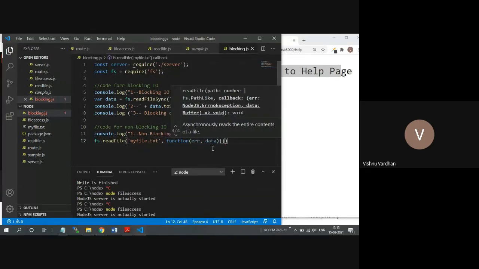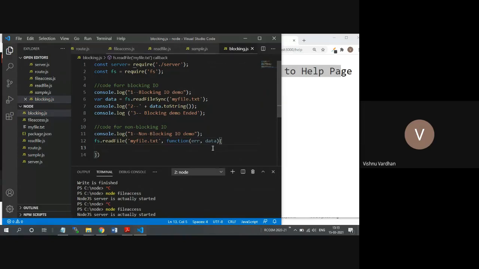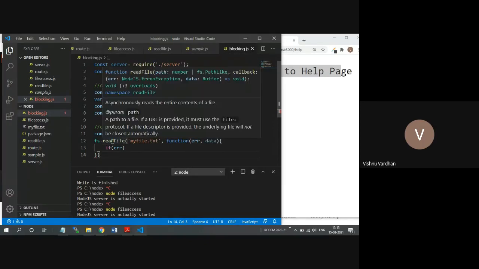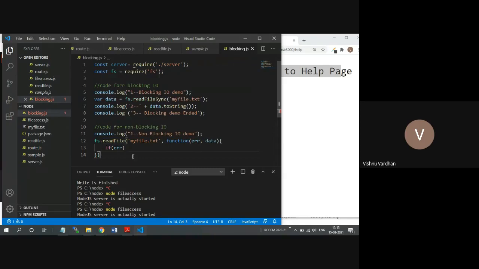Through this example, I want to let you know that everything by default is normally a callback mechanism in Node.js. That's why the simple method name is readFile. If you want to open the file in a synchronous way, you have to use this other method, but we generally do not want that in our programs.